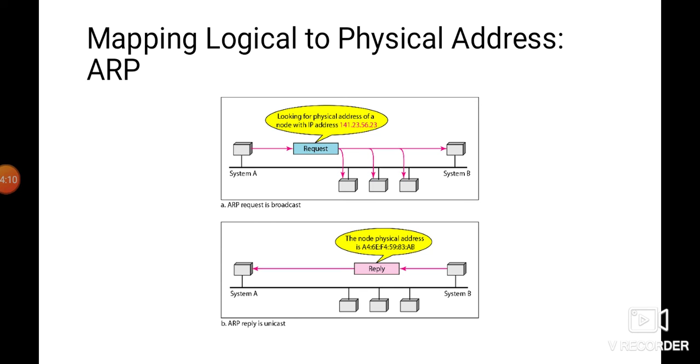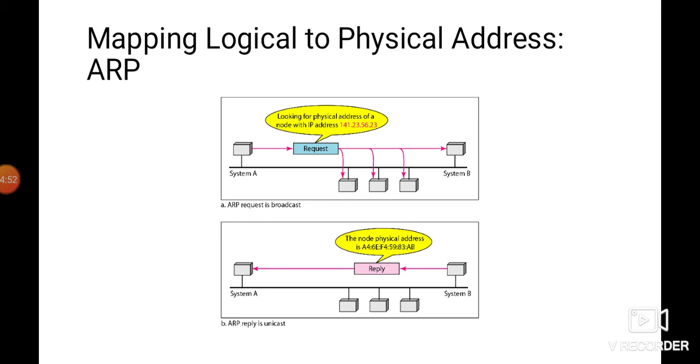The first one is ARP, that is, Address Resolution Protocol. Any time a host or a router has an IP datagram to send to another host, it has the logical address of the receiver. Logical means IP address. The IP address is obtained from the DNS, which is an application layer protocol. We will discuss it later. If the sender is a router, it is found in a routing table. But the IP datagram must be encapsulated in a frame to be able to pass through the physical network. This means that the sender needs the physical address of the receiver.